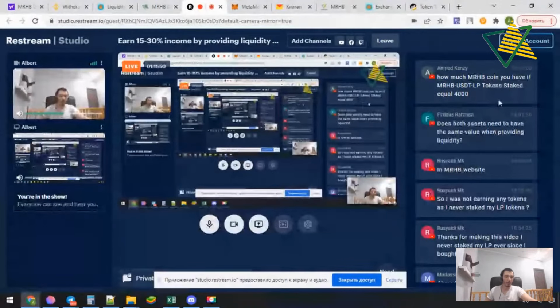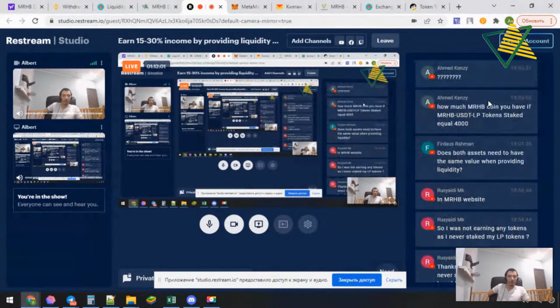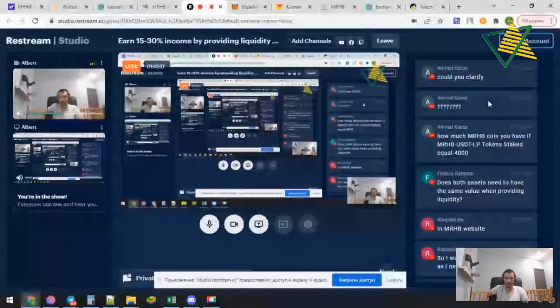How much MRHB coin do you have if MRHB USDT LP token state equals 4,000? You mean how much LP tokens will you get if you add 4,000 MRHB tokens or not?